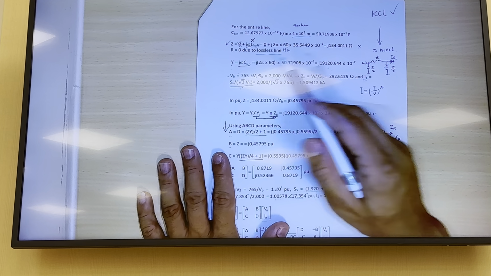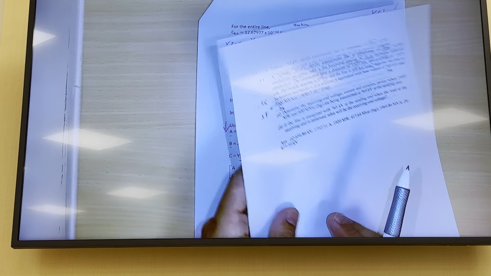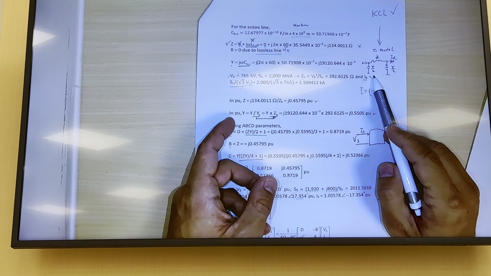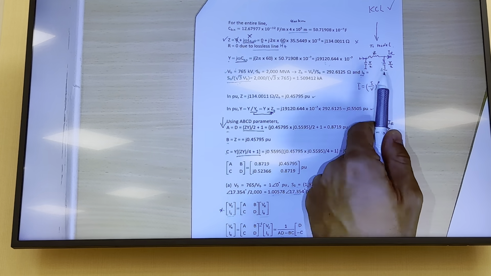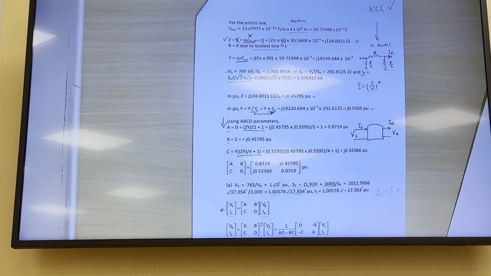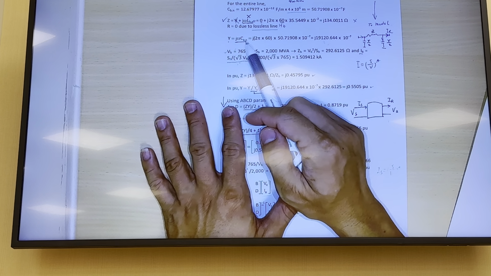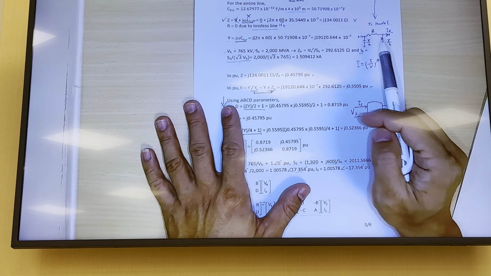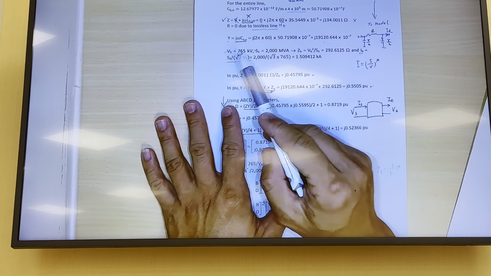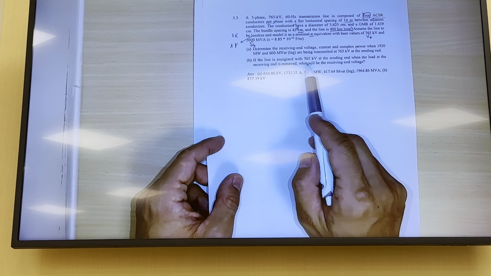And how about the Y? In the end, we are going to use Y as pi model, right? You have to memorize this pi model. In the pi model, the series section is Z, and the two shunts each will carry half of the Y. So now, what is the Y? Y equals j omega times C. So this is your Y, and each will carry half. Now, the next question is to determine the power, the voltage, and this